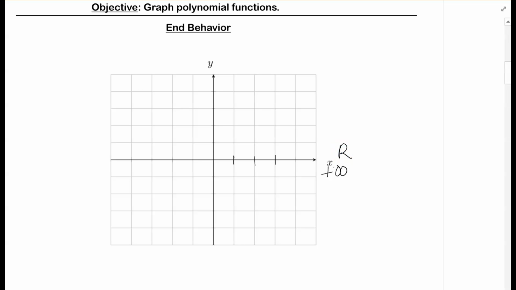And then if you think about the left side, it's going closer and closer to the negative. So negative 1, negative 10, negative 100, negative 1,000, 10,000. It keeps approaching negative infinity. Okay, so my left side approaches negative infinity and the right side approaches positive infinity. Likewise, for my y's,